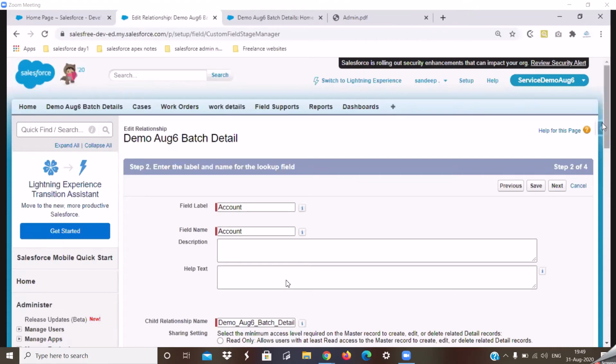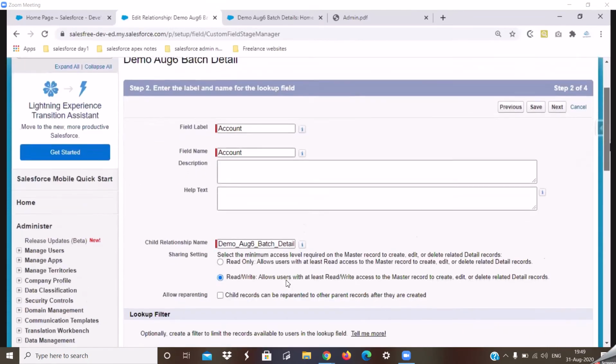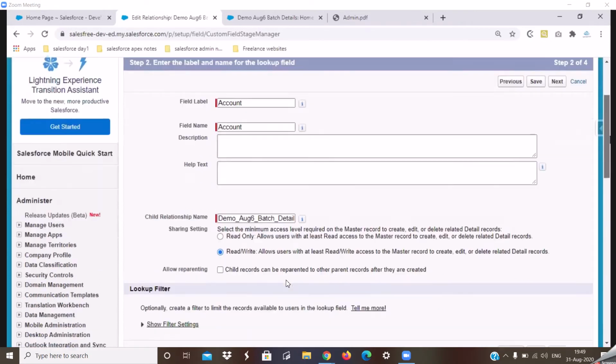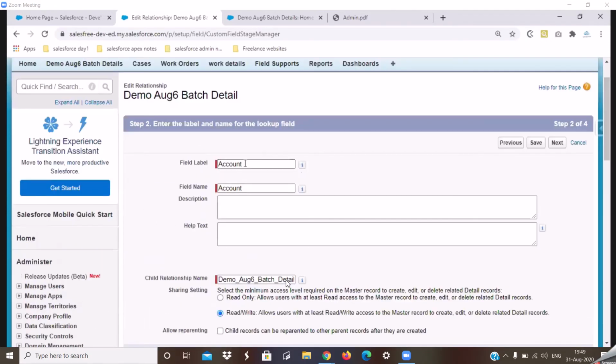All right. So what I have in the second step is basically talking about whether you want to change the name of your field, is what Salesforce is asking. I don't want to change my name. I'm happy with the name of my field as account. So I don't want to change it. In case you want to change it to something, a meaningful name in your use case, you can go ahead and change this value. I don't want to change it. So I'm keeping the field name as is. All right. I'll click on next in the step 2.